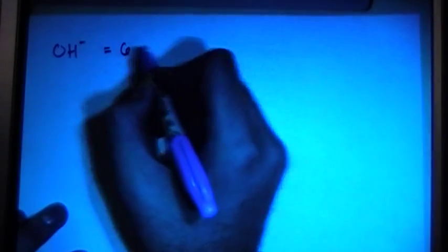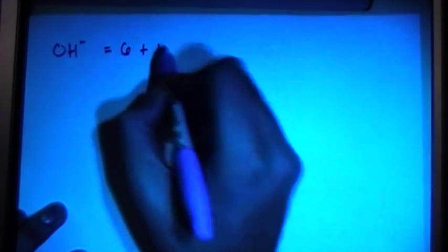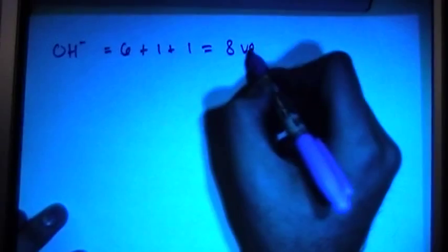Hey guys, today I'm going to show you in this video how to draw the Lewis dot structure for hydroxide ion, which is OH minus. So here we go. OH minus is going to give us 6 valence electrons from the oxygen plus 1 valence from the hydrogen plus 1 more because it's a -1 ion. So it's going to give us a total of 8 valence